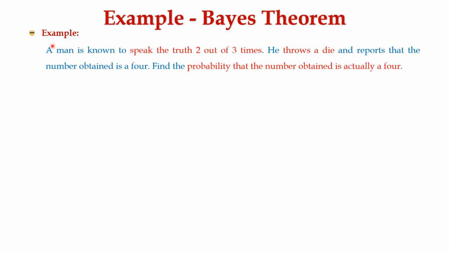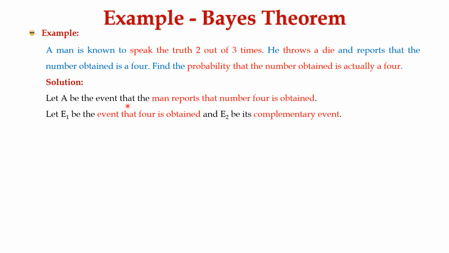Let's have an example for Bayes theorem. A man is known to speak the truth 2 out of 3 times. He throws a die and reports that the number obtained is 4. Find the probability that the number obtained is actually a 4. It is given that